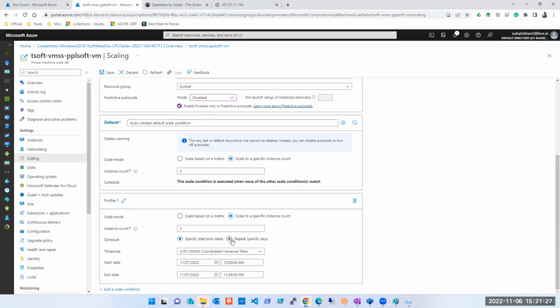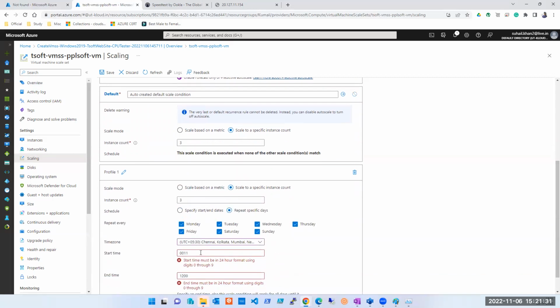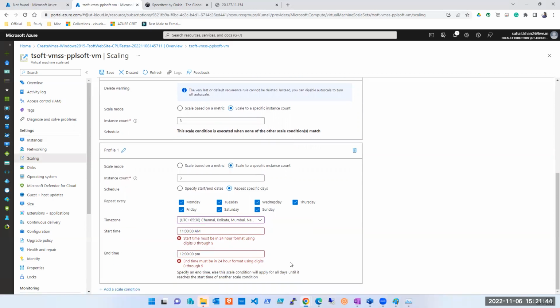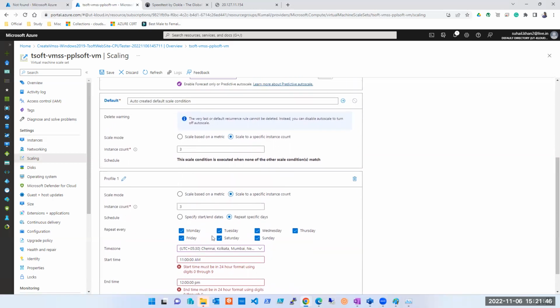I know that every day, 11 to 12 p.m., we have Tatkal, and that requires more machines. So this is what you can do.